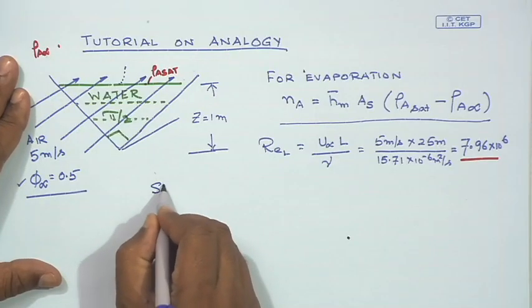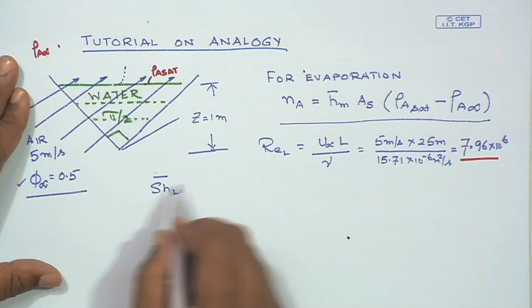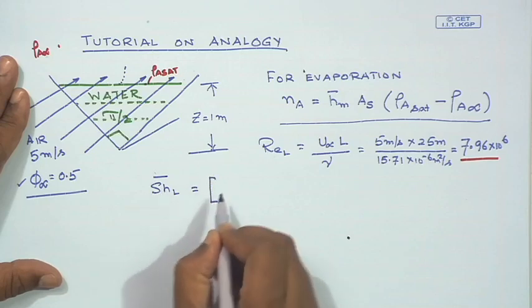So, in order to obtain the average value of the convective mass transfer coefficient, one should use the relation corresponding to mixed flow over a flat surface. So, I am going to use the mixed flow correlation in order to evaluate h bar m. The relation that we know is a Sherwood number based on length. The average Sherwood number is simply